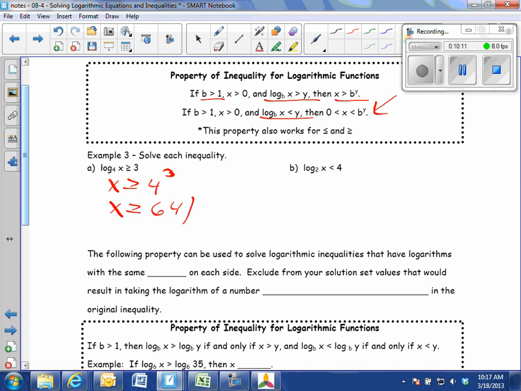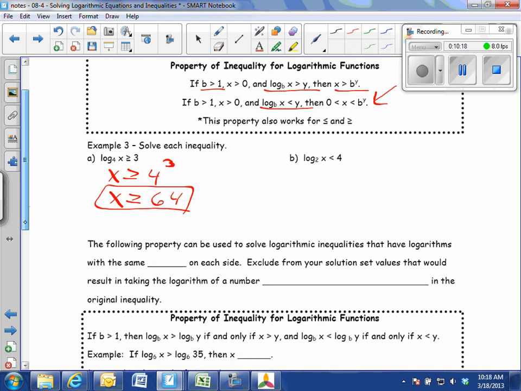So x is going to be greater than or equal to 64. I like that. Is that the answer? This is our answer. Oh, I like that. Oh my gosh. However,